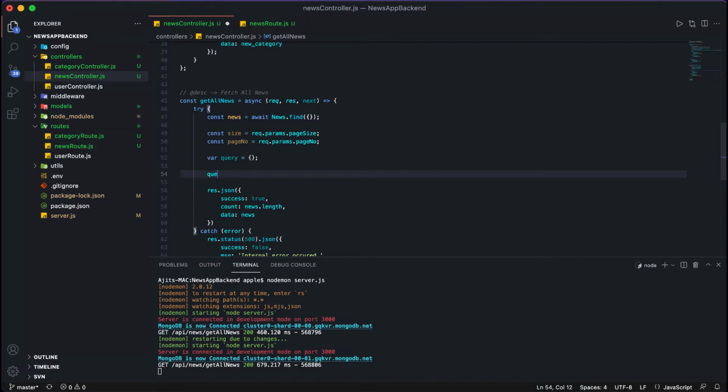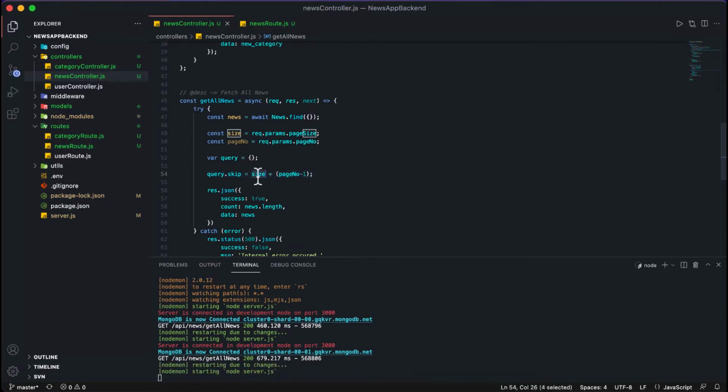So let me do that, you can understand after I do it. I will add one skip, means how much is to be skipped. This skip parameter will be taken by Mongoose, we'll do that later. So here the skip will be size into page number minus 1, as we discussed.